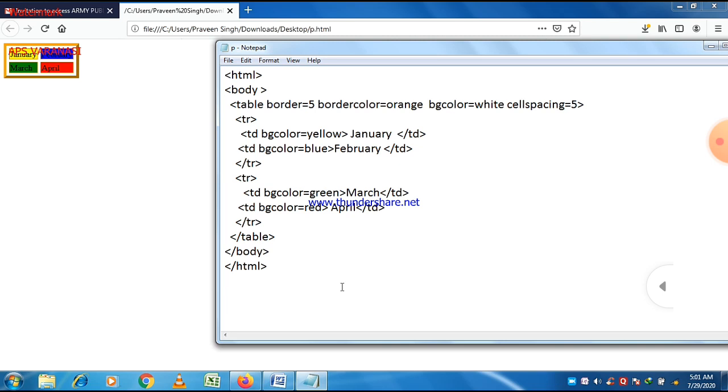Now I think the concept of cell spacing is clear to all of you. All of you are able to apply the logic of cell spacing in our table. Always remember that 5 is basically a value in pixels. We always give the value in terms of pixels. So this is also a very important point. And you can put a background color on the entire table, or a particular cell. It's totally your choice. Or you can define the background color of the table and cells within the same program also.